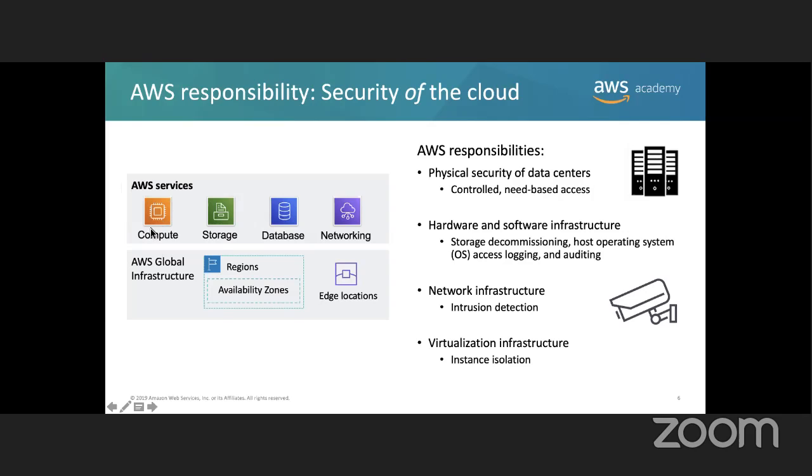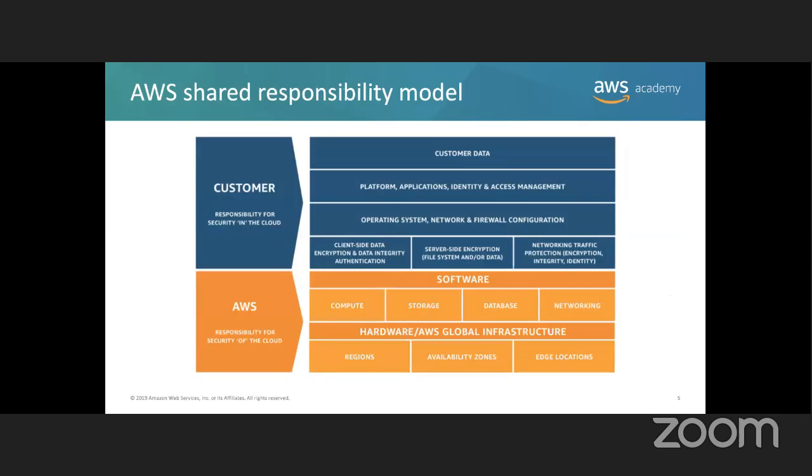Now we have here AWS services, compute, storage, database, networking, AWS is responsible for that, right? And the AWS global infrastructure, regions, availability zones, edge locations. So AWS makes sure that this is operational and this is properly working, okay? They make sure that the EC2 instance as a service is protected as a service. Now, when you use the EC2 instance, you have to make sure that your data is protected, okay? Remember when we saw before, customer data, you see it right there? Customer data is your responsibility, right?